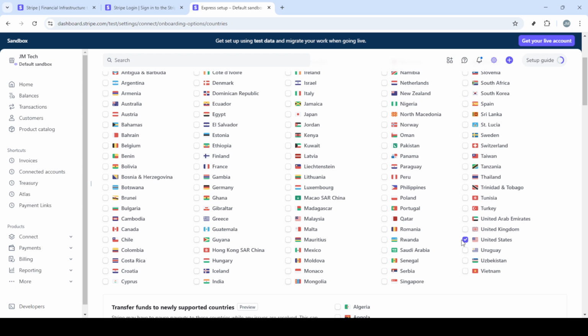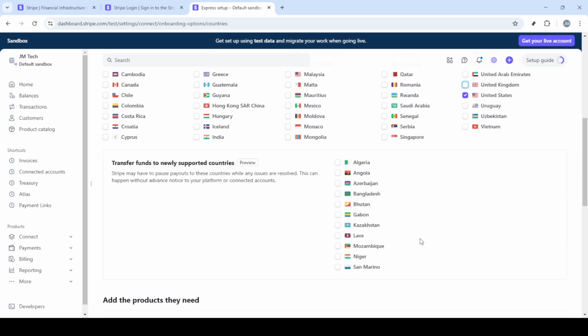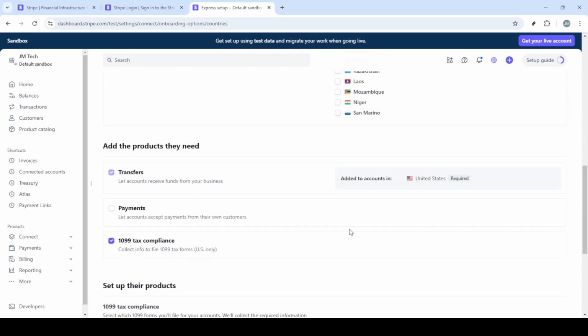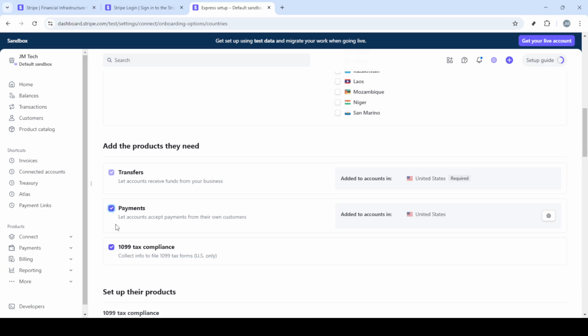Take a moment to select the onboarding options that suit your needs. If you're unsure at this point, consider consulting with Stripe's documentation or help center, which offers great insights on maximizing the platform's capabilities. Now that you've selected your onboarding options, the next move is to choose a country from the drop-down list. It's essential to ensure that you select the correct country, since this determines critical account-specific parameters like currency,